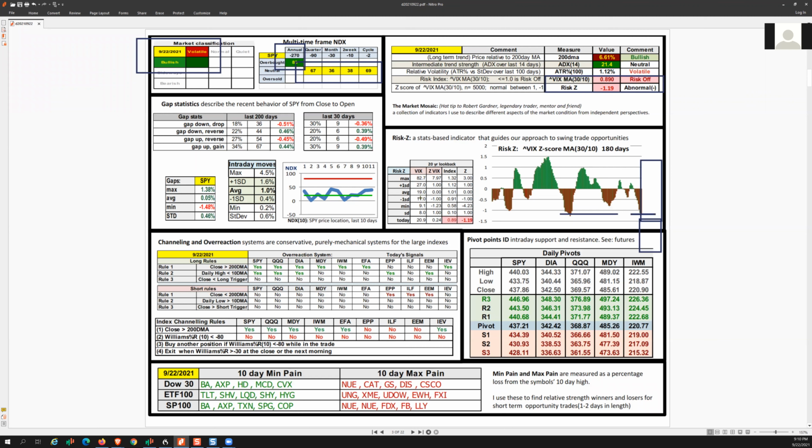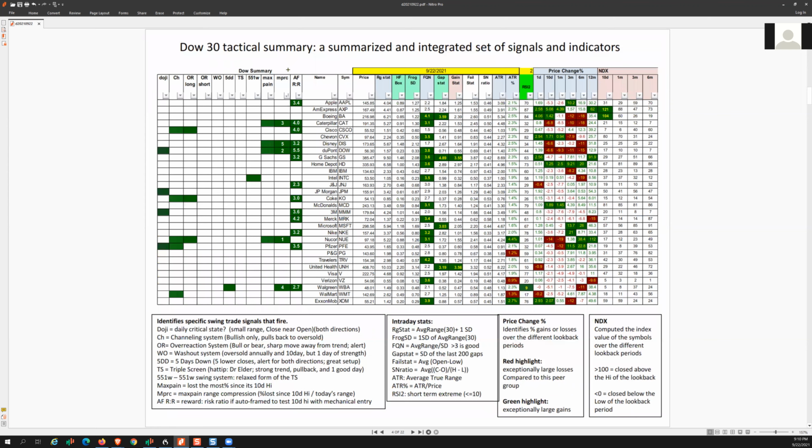The overreactions and the channeling are all in the money. Still plenty of auto framers to work with. You had American Express and Boeing in the breakouts on the NDX short term. A reasonable number of channeling and overreactions still available. 1.5DD available in Walgreens, and it's at 2.4 to 1. So if you like the 5DD, Walgreens is a trade frame for you to study.